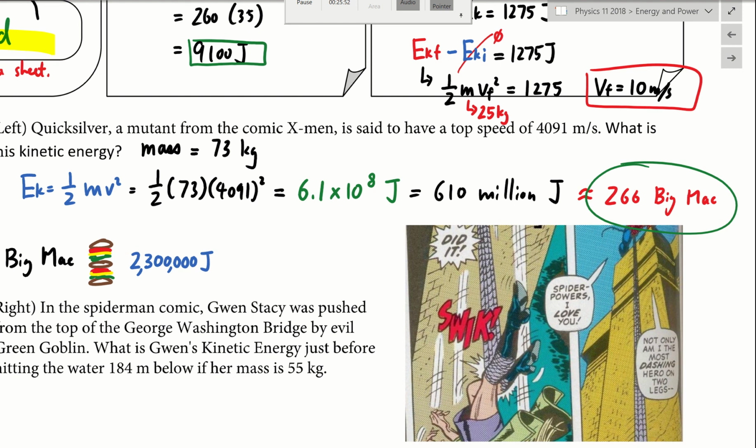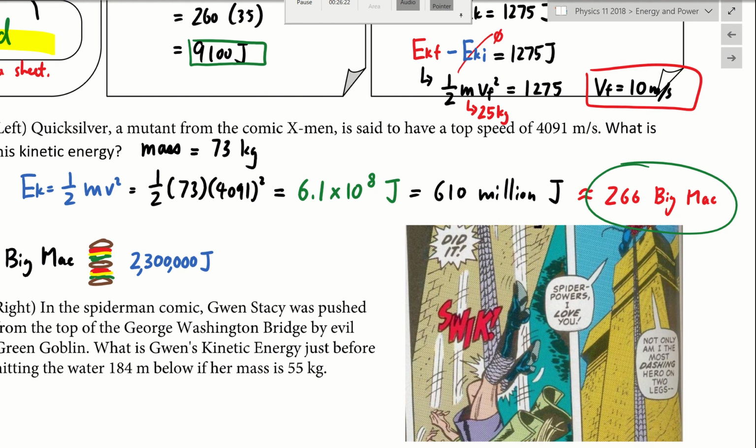Okay, they're superheroes. I'm sure I'll give them the benefit of the doubt. I will say that they have a very deep reservoir. They're well trained, right? They're super. But having a deep reservoir to hold a lot of energy doesn't mean it doesn't have to get replenished. You still have to eat consistently a lot of food, 266 Big Macs. I don't know, every day, every hour, every second? I don't know. But you need to store all this energy in your body in order to actually use it